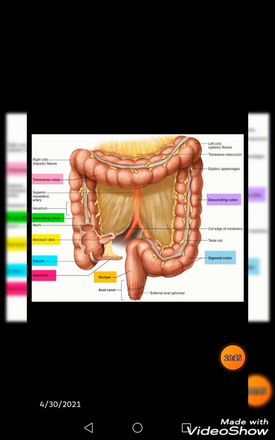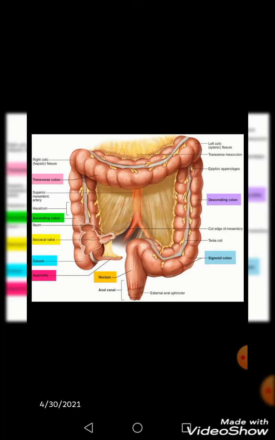Now another important thing we have to mention: the parts of the colon which are intraperitoneal, the peritoneum is a thin covering outside. The intraperitoneal part, the transverse colon, is surrounded by serosa, and the retroperitoneal parts of your colon, which are behind, retro means behind the peritoneum, are which parts? Ascending colon and descending colon. They are surrounded by the adventitia.